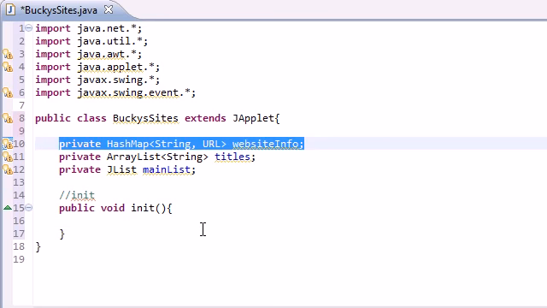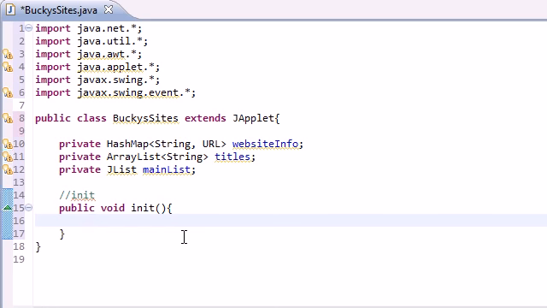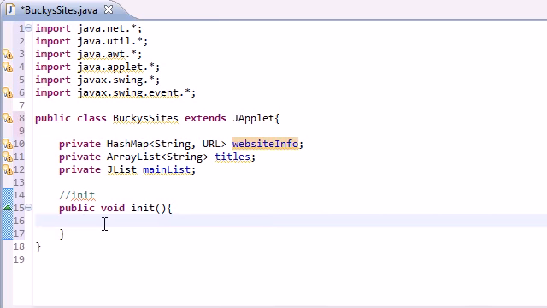Of course, the first thing we need to do is, now that we pretty much said, okay, Java, we're going to make a hash map and an array list, we might as well make them in our init method, since we're always true to our promises. So this one was named websiteInfo. Let me just copy that. So websiteInfo equals new HashMap,